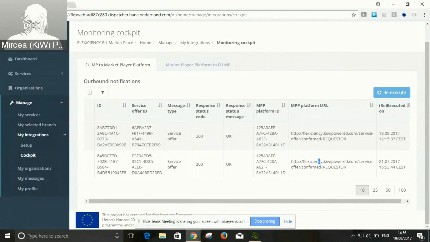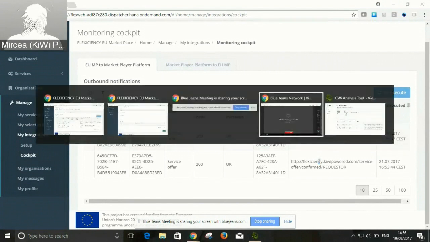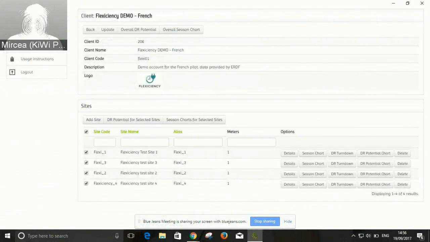But what I want to show, it's more of, okay, so we requested some data, we're getting access to some data. What's the big thing? What do we do with it? And so I'll just switch to, this is our internal analysis tool that we use as a first step in assessing whether a client or a site is of interest for us. And